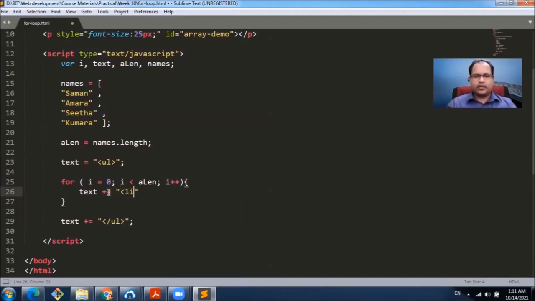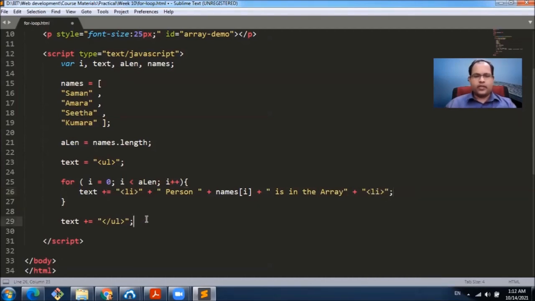First we put the string list item, concatenated with person, concatenated with names i, plus some other text is in the array, concatenated with closing list item.